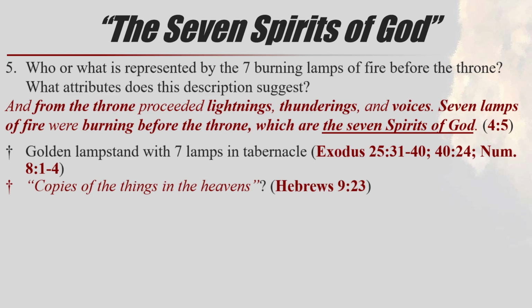And Caleb raised this point at home when we were talking about this. Hebrews 9:23 talks about the copies of the things in heaven being purified. The idea that heaven is the tabernacle and the temple is actually a representation of those things. So it kind of makes you wonder, all right, so then the 7 golden lampstands, were they supposed to be a representation of God's Spirit, with him seeing them and them being always in his presence, him being aware of them? But anyway, something else to think about.